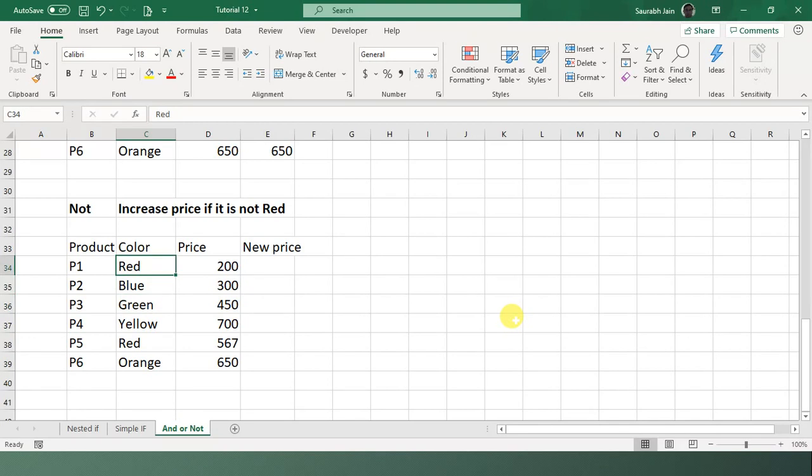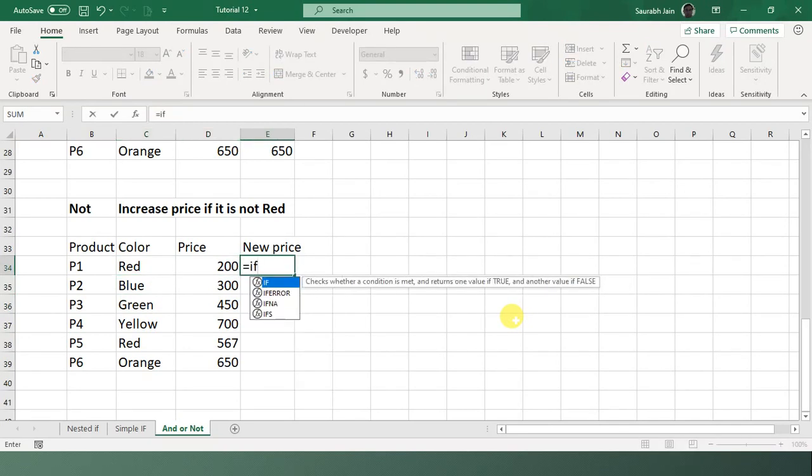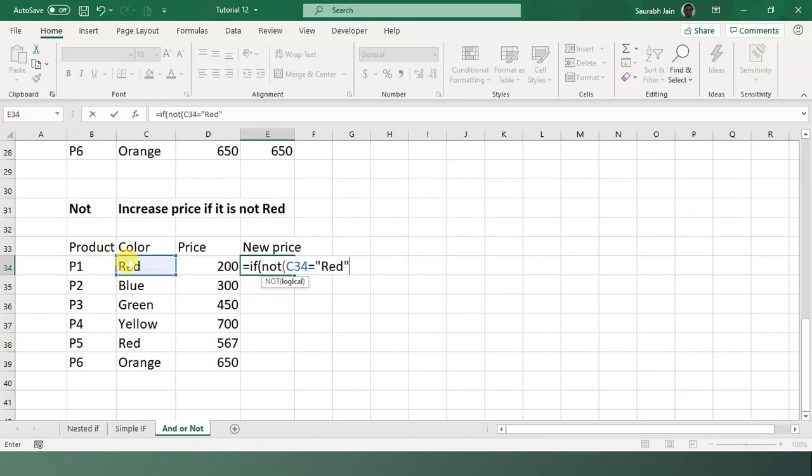Fine. So look, I say equals to IF. If the condition is red, we don't have to increase, right? So if the condition is red, we have to go in the false part. But what we'll do is IF NOT, bracket open, this is equals to red.